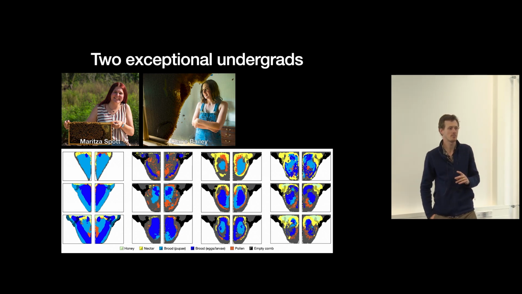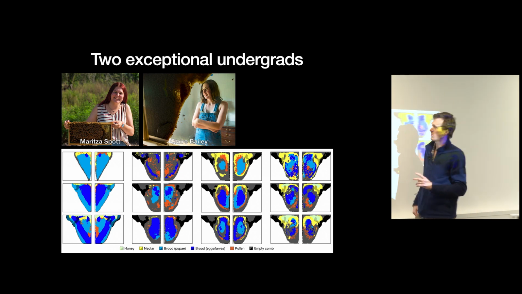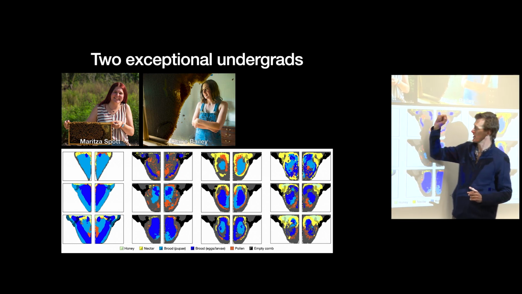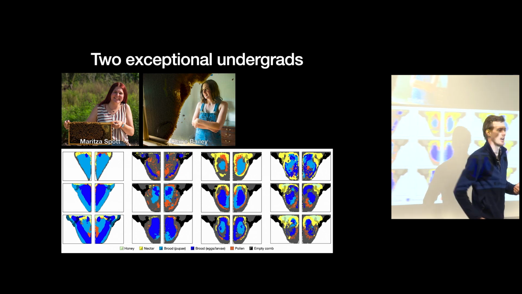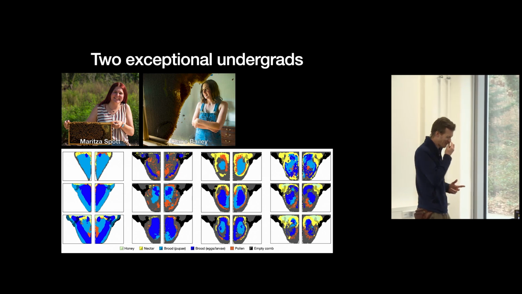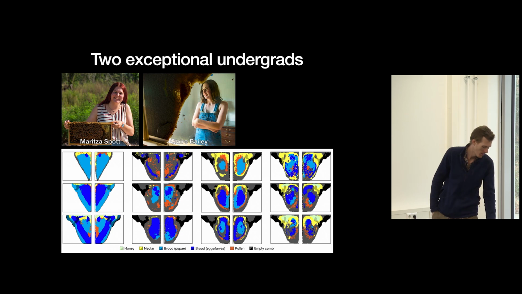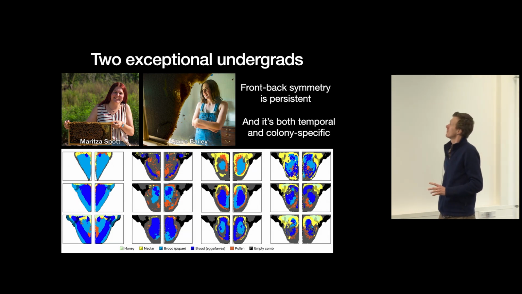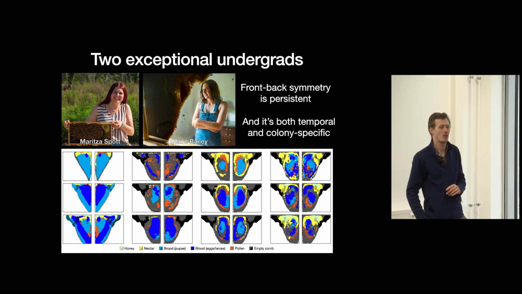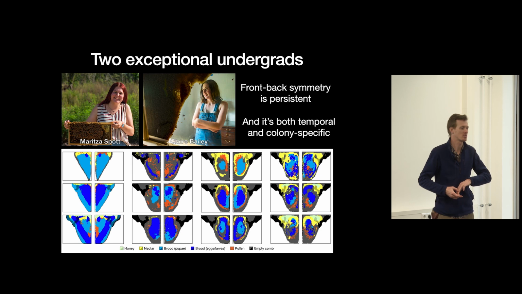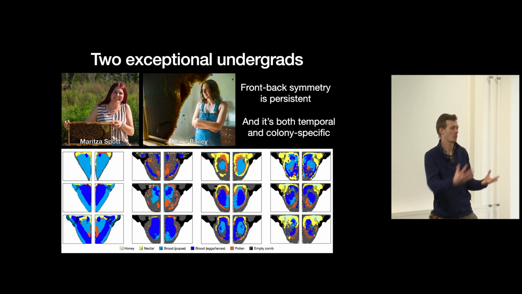This is a very small subset of the data of colonies that we then mapped in Auburn. Different people are mapping each side, and all you really need to know is that different colors are the same contents. And what this found was that for every single colony we've done, at every time that we've ever measured them, they're always symmetrical. This front-back symmetry is persistent, and it's both colony and developmental specific. So even when a colony swarms, even when a colony is on its deathbed, they're still symmetrical with their backside.